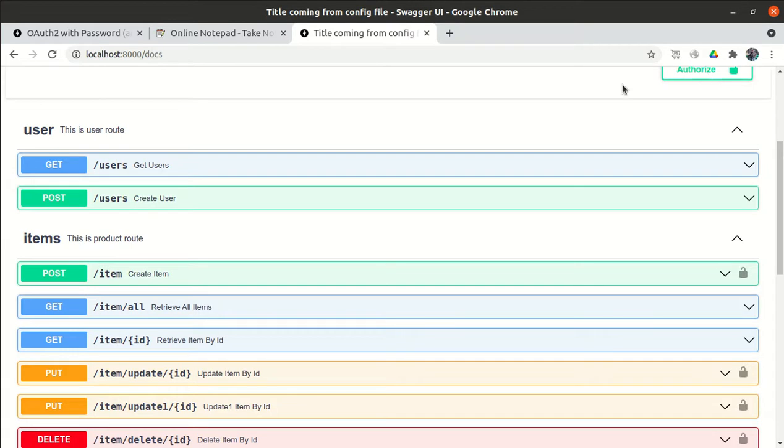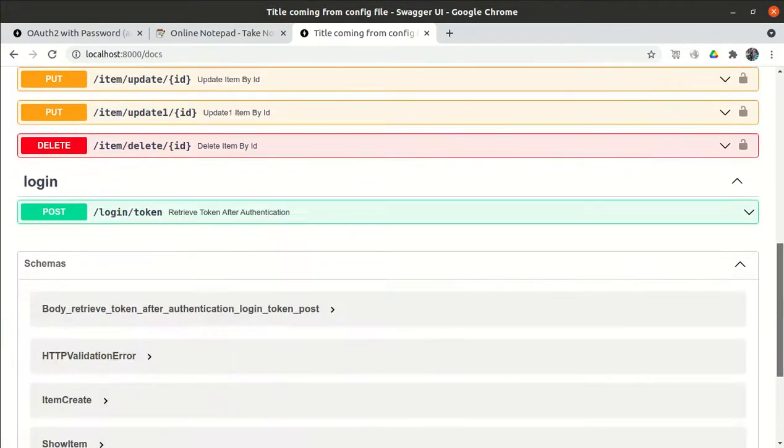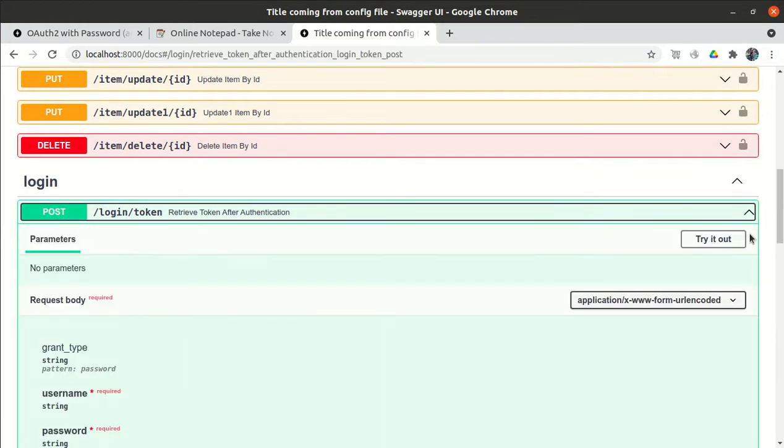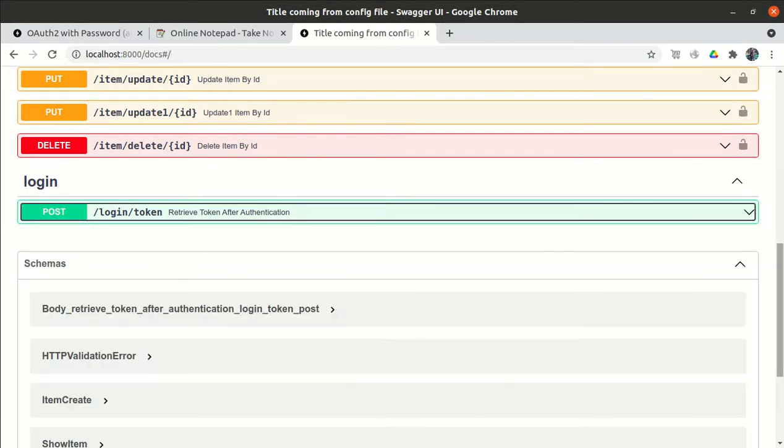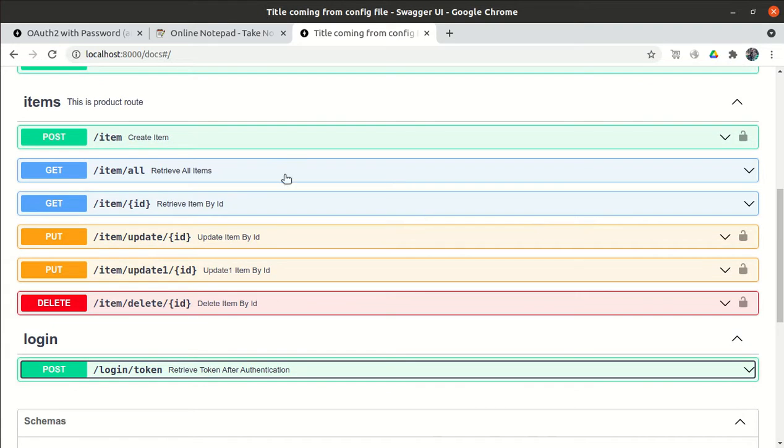By using the authentication, we are passing the username and the password. Once the username and password are done, it hits this URL login/token, and this login/token will generate one token for us, right? That token will be passed into put item, delete item, and then post item.